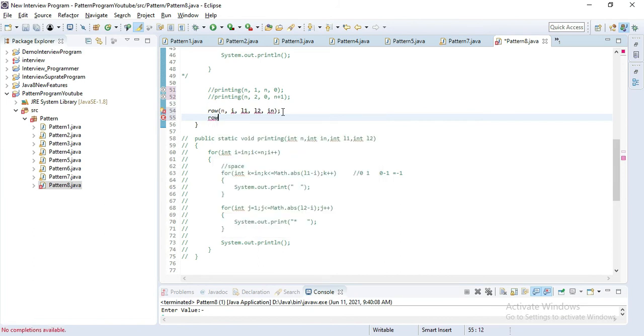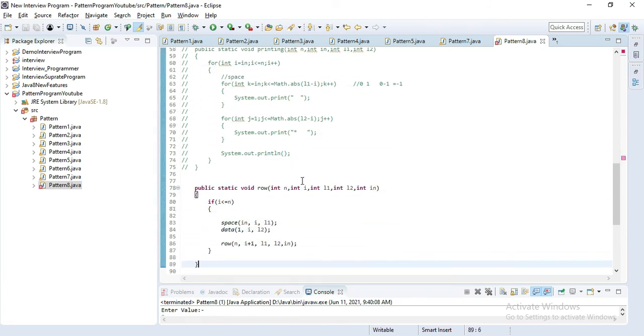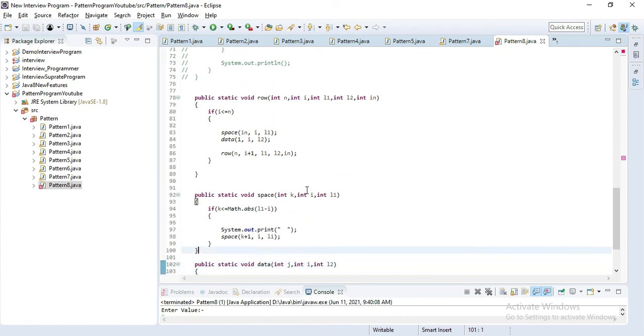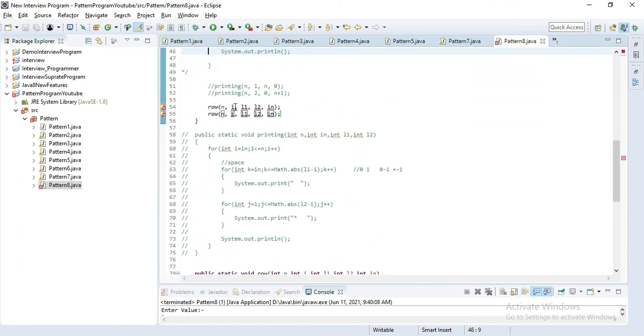For printing the first part of the pattern, we need to call it the first time, and for printing the second part we need to call it a second time. We will simply pass different arguments. You can see here we pass int i, which means the initial value, but this i is used only for this for loop. That's why I'll simply pass it here. The first time the initial value of i is 1, and in the second scenario the initial value is 2.